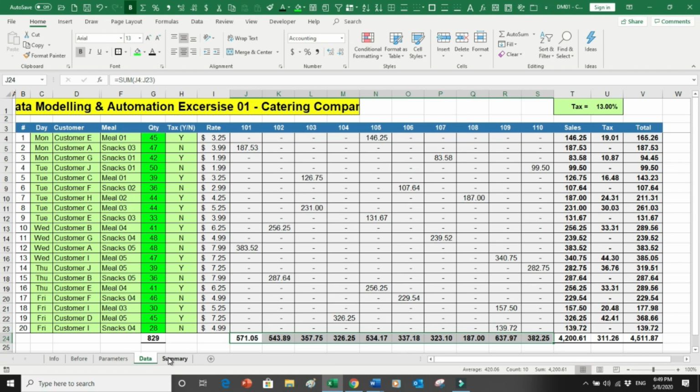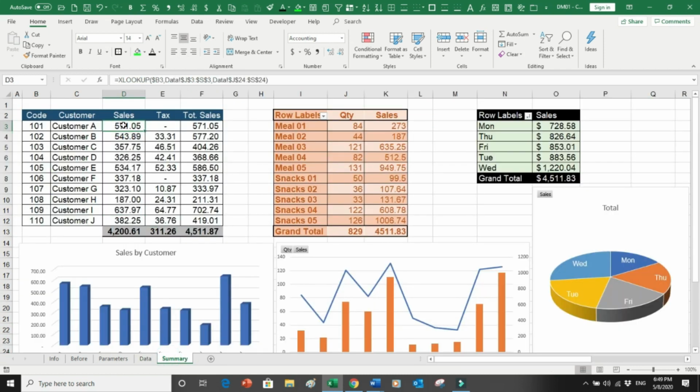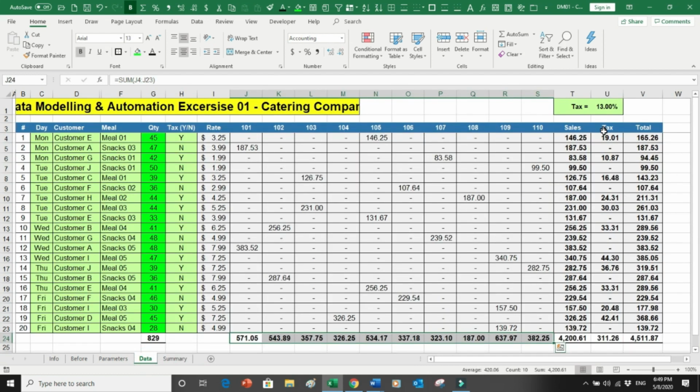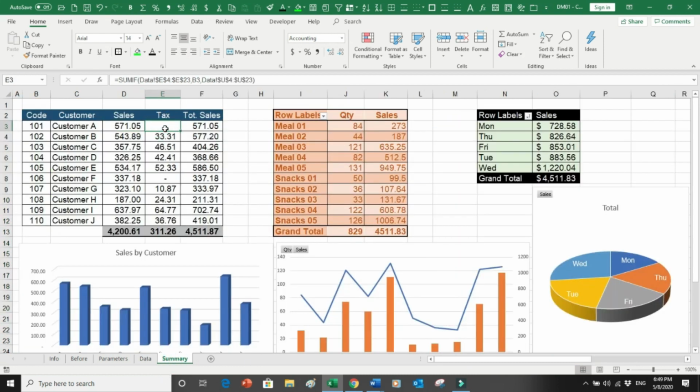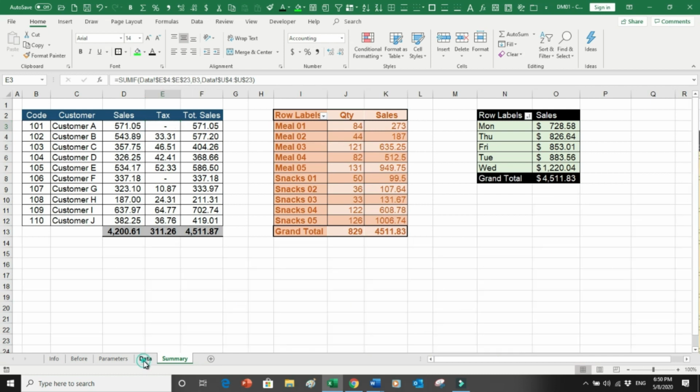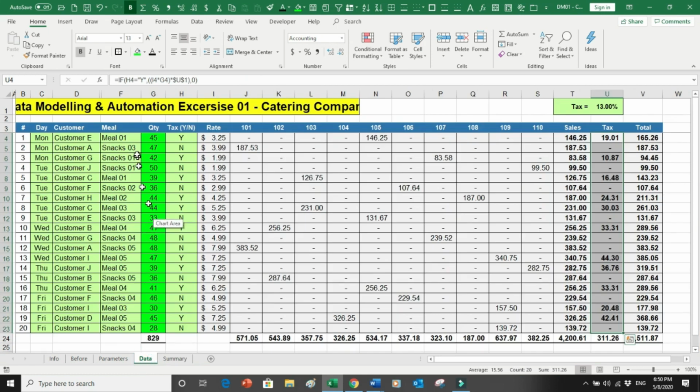So this is the formula which is bringing in the values. Then over here, because I don't have the totals of the tax, I was left with no other option but to use a SUMIF formula. If my condition is true, then do the sum, and as you can see, this is the formula working over here. It's a simple formula on column B, which is a code. It says go into the data file which is over here. The criteria is from column E. And what is column E? Column E for me is